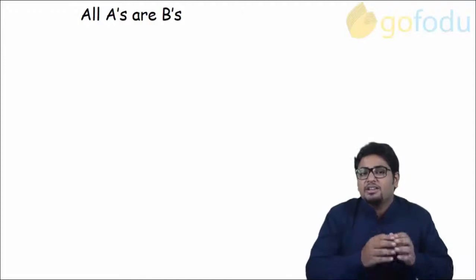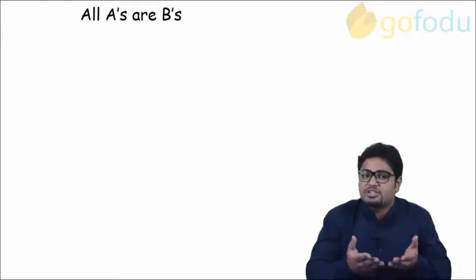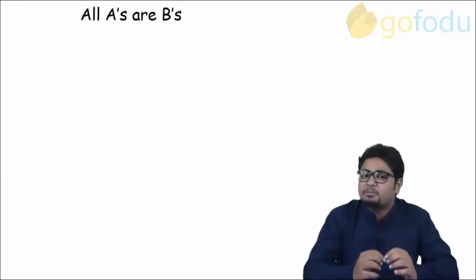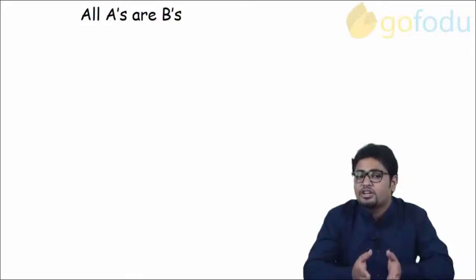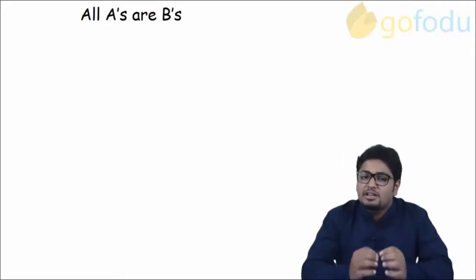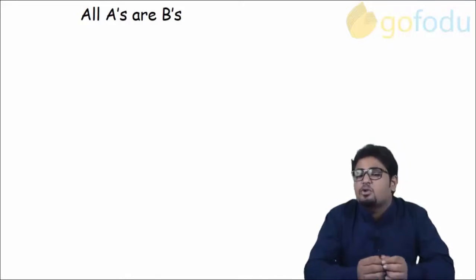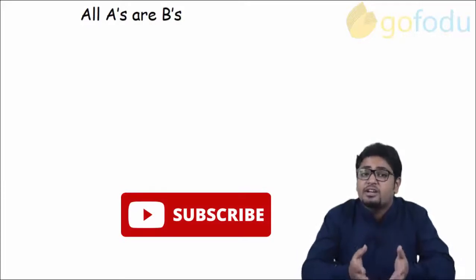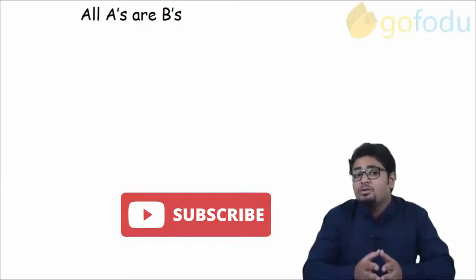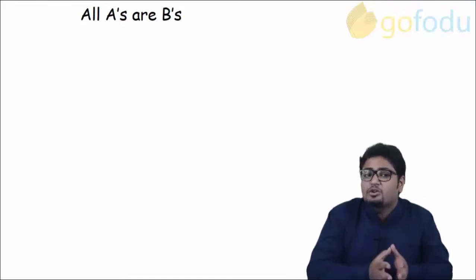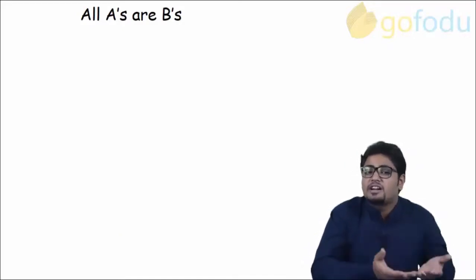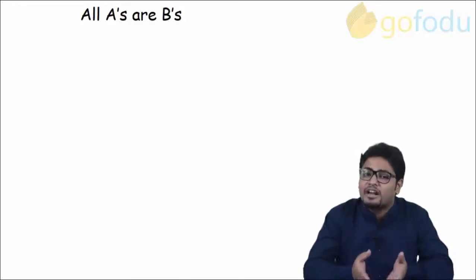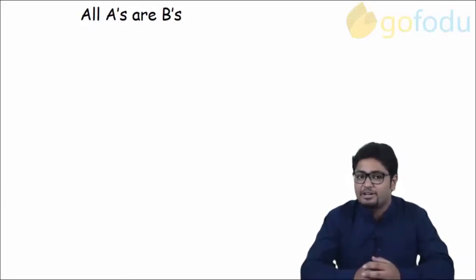Basically, in syllogism, there are two or more than two statements which are given in the question. These are called premises. A premise is a statement which is assumed to be true and from which conclusions can be drawn. Here, the important point is that we have to assume the statements given as true. It does not matter whether they are factually correct or not. Now, from the given two statements, some conclusions can be drawn. So, several conclusions will be given in the option choices. We just have to pick up the conclusion which can be derived logically from these given statements.